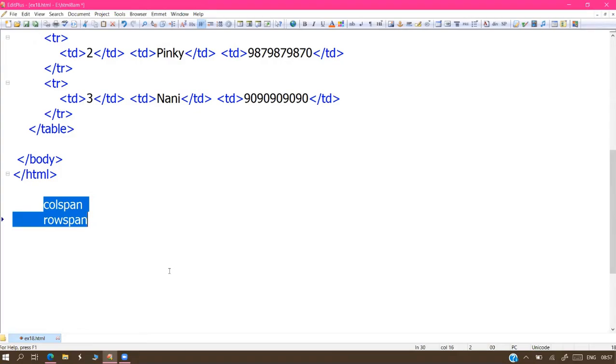If we want to merge two or more columns and display them as a single column, or merge two or more rows and display them as a single row: for merging columns, we use colspan, and for merging rows, we use rowspan.